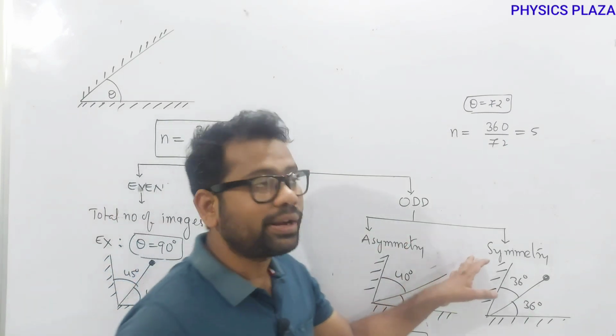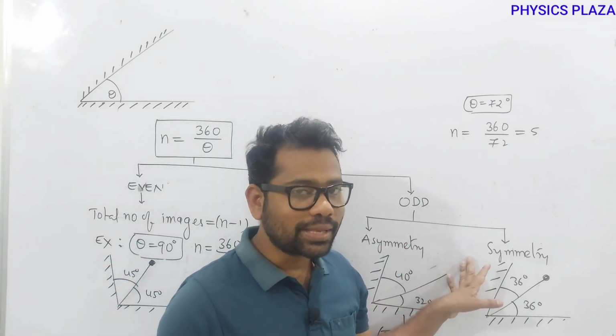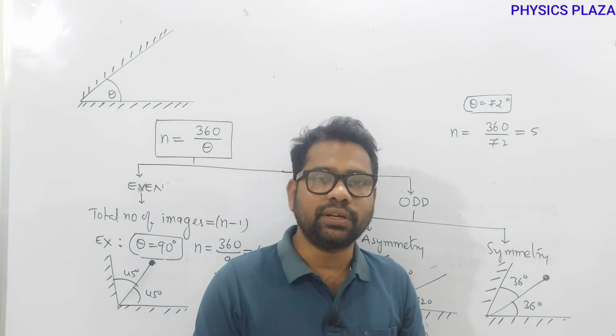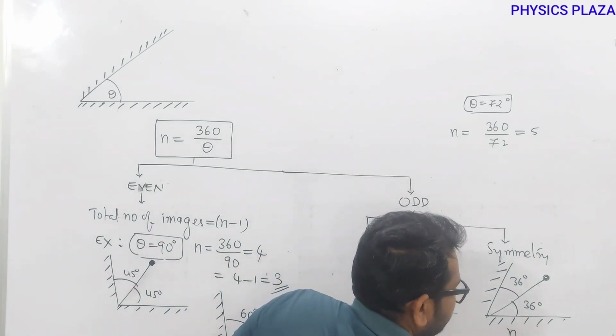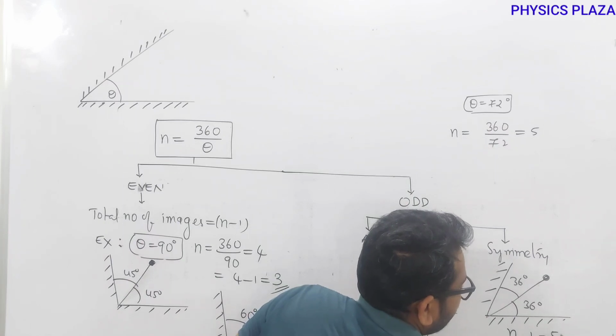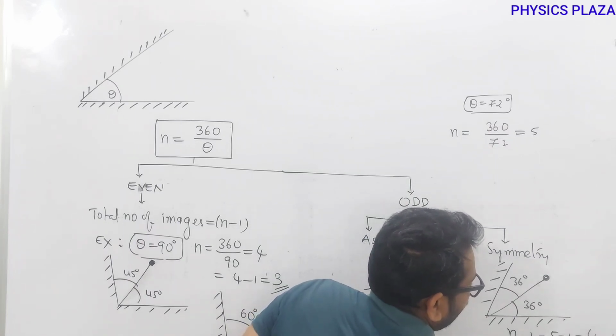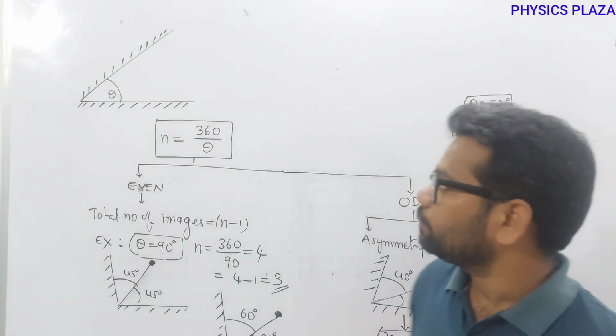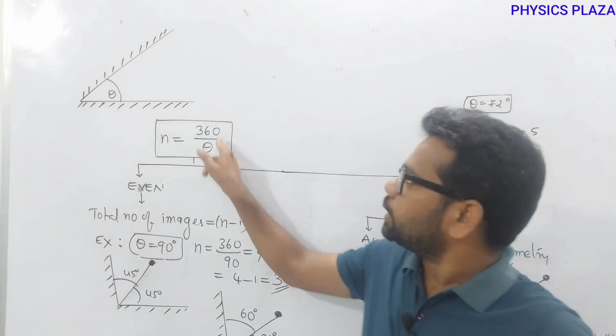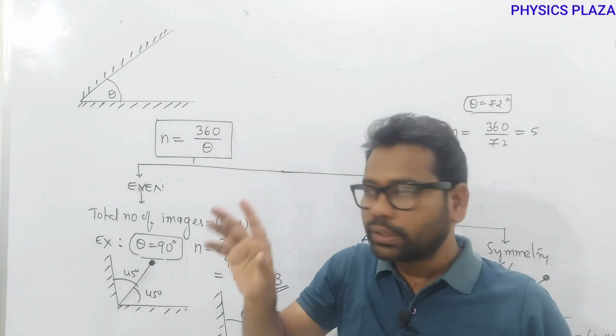But if it is a symmetry case, children, as I said, in a symmetry case the 2 images will get merged, which means the number of images is n minus 1. This is 5 minus 1, so this will be 4. Children, I repeat here. Theta is the angle between the 2 plane mirrors, and n is the